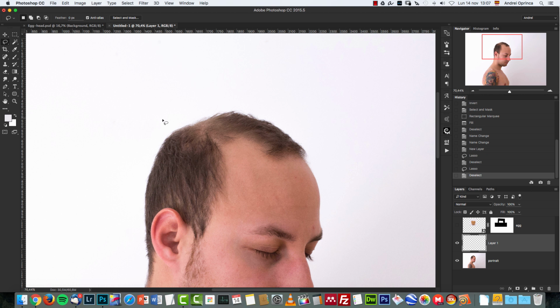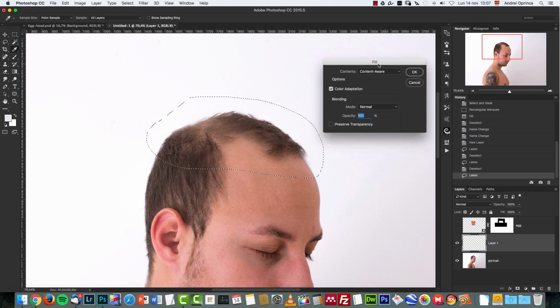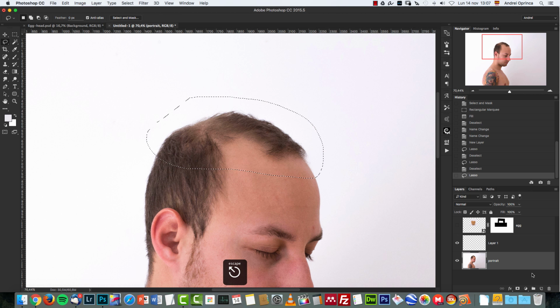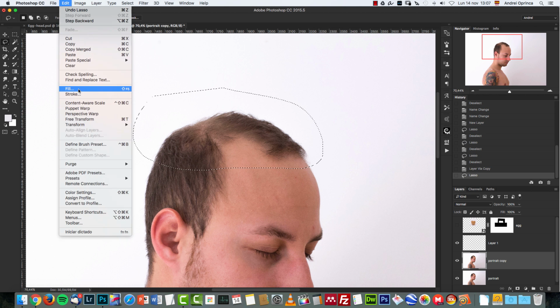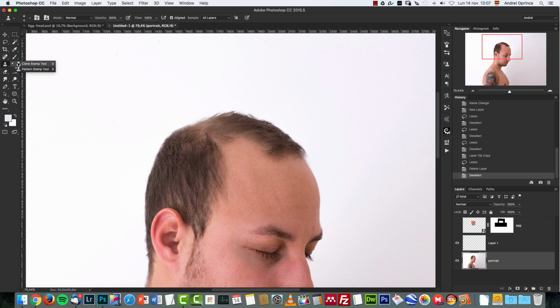Let's set the feather to 0 and remake the selection over here. And I'm going to try and fill this with content aware fill, but I don't think it's gonna work. Yeah, I have to create a copy of the image first. And edit fill. I don't think it's gonna work, but we'll see. Yeah, as I said, it's not going to work. Let's do something else. Let's use the clone stamp tool